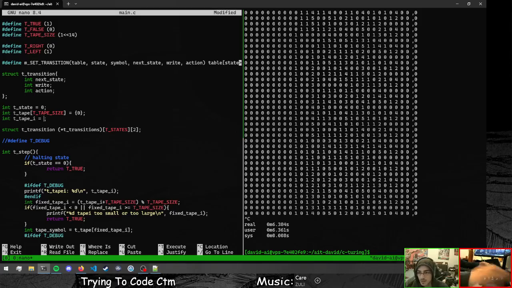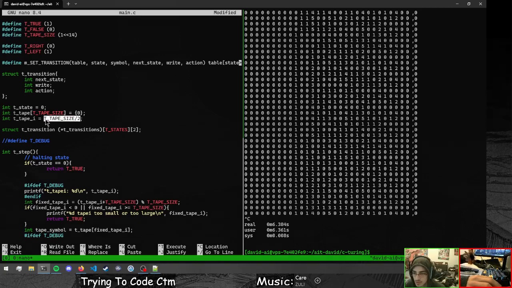Okay, so we're gonna have this divided by 2. And this is integer division, so it's all good. So it's gonna start in the middle,